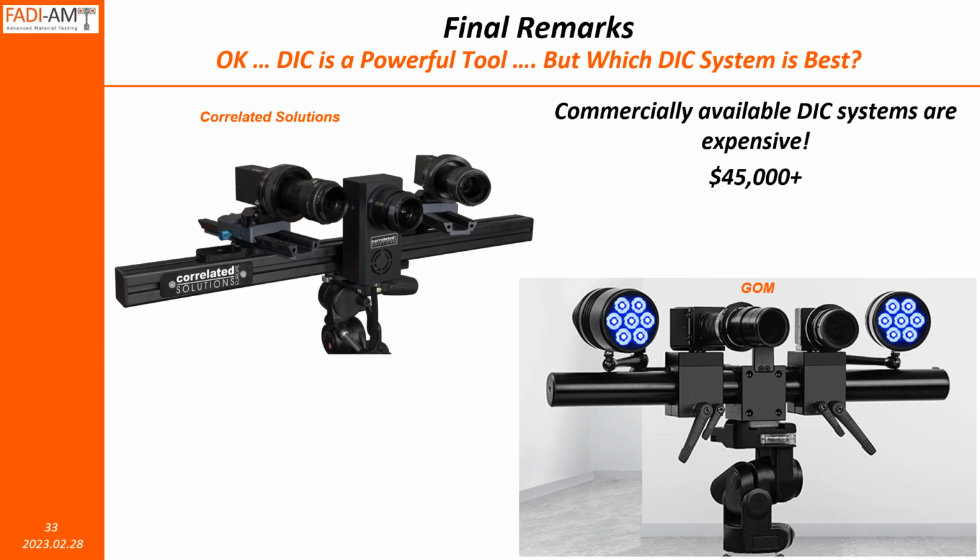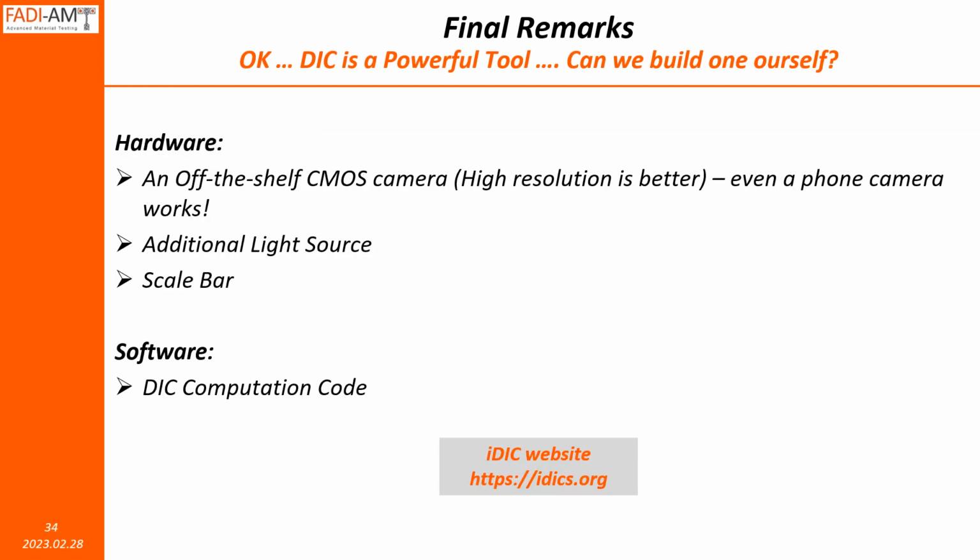A simple 2D digital image correlation system would cost no less than $45,000. And if you want to buy a 3D or a stereo DIC system, which is a set of 2 cameras, it would go to at least $80,000. That's a problem, but not really, because we can build a